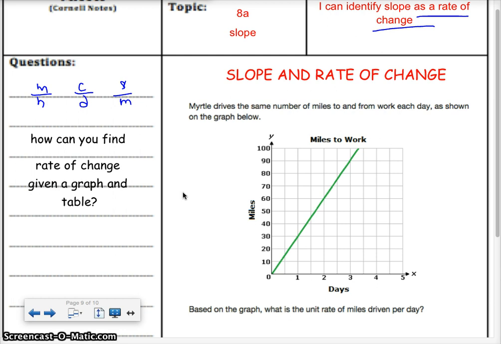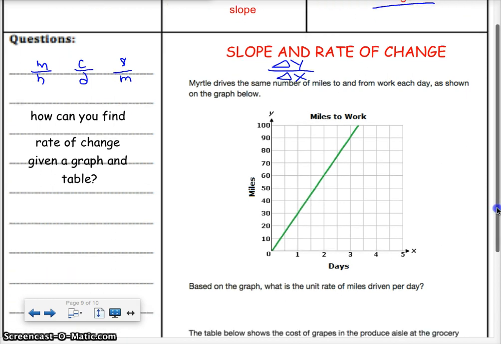And slope is a comparison. It is the change in y over the change in x. Always. Slope is always change in y over change in x. Don't ever flip it, okay, because that's not commutative. So, that's that. Let's say Myrtle drives the same number of miles to and from work each day, as shown